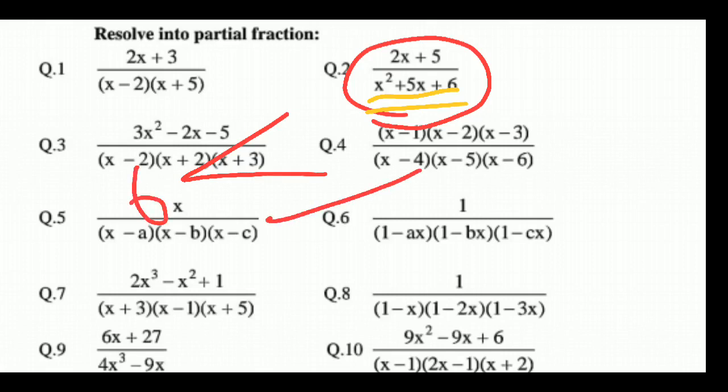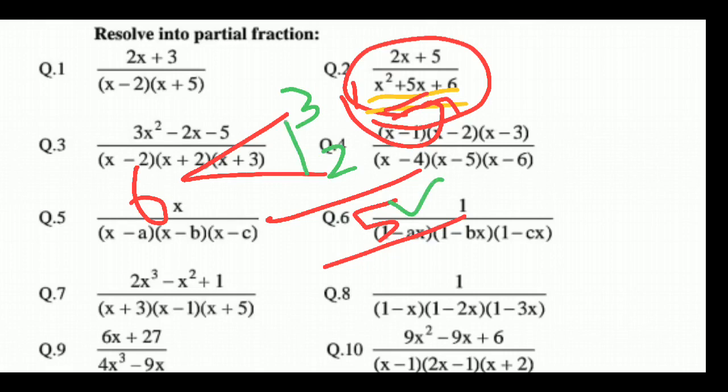The coefficient of x² is 1 and the constant is 6. Multiply these two, you will get 6. You put it here, and the coefficient of x is 5. You put it here. So now you guess two numbers whose multiplication is 6 and whose addition is 5. Yes, correct. 3 twos are 6, and 3 plus 2, if you add it, you are getting 5. Multiplying, you will get 6.